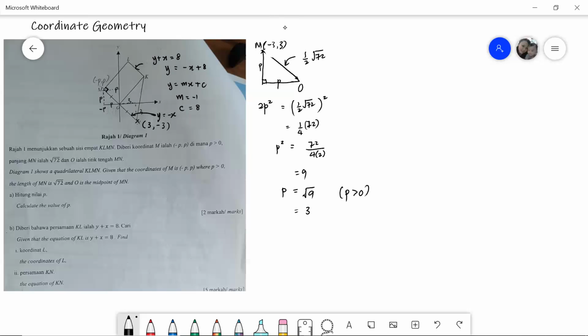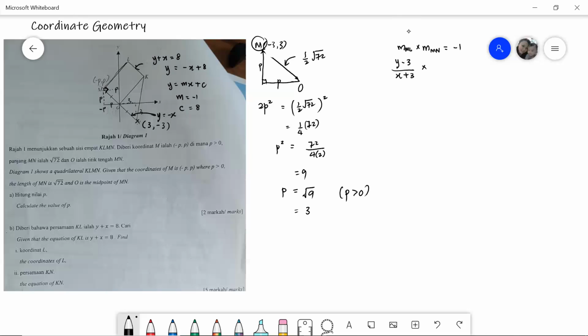Therefore we can form the equation of ML first, because of the 90 degrees there. So we know that the gradient of ML multiplied by the gradient of MN equals negative 1 because they are perpendicular to each other. So how do I find the gradient of ML? We take y minus the y value of our M, so y minus 3 over x minus negative 3, so it becomes plus 3,